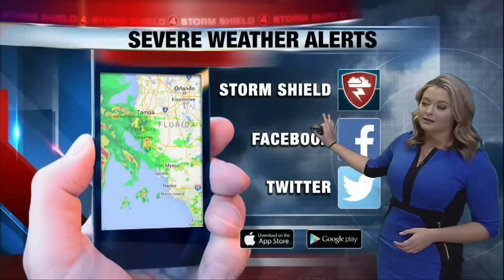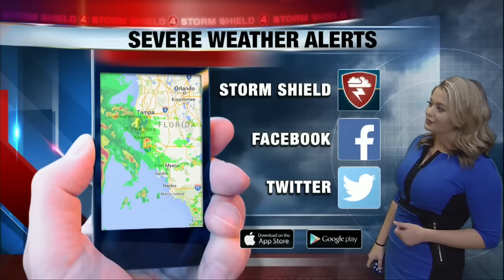And as always, the reminder to grab that Storm Shield app. It'll be the perfect tool to keep right there in your back pocket as we head into the height of the hurricane season, and we are expecting the heavy rain over the next couple of days. But as for right now, looking quiet. It's a quiet start to